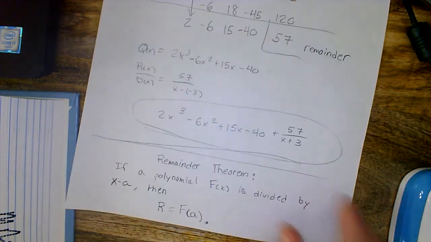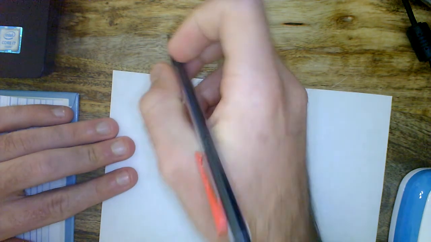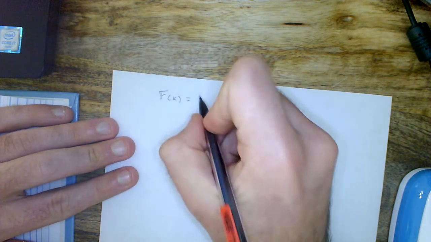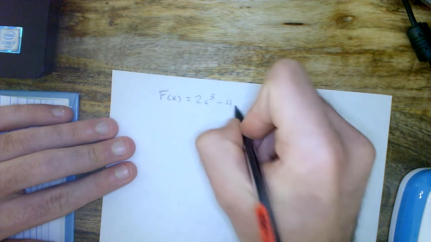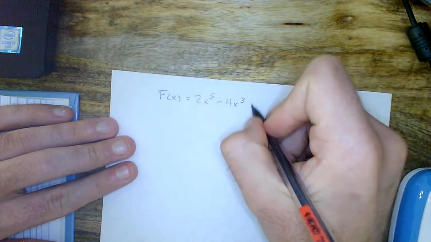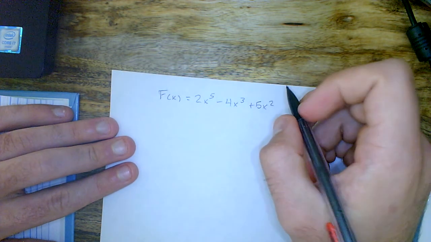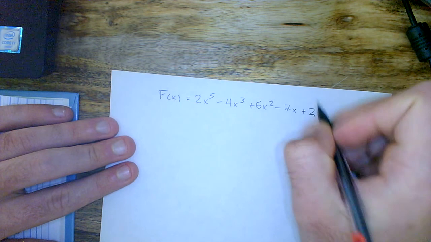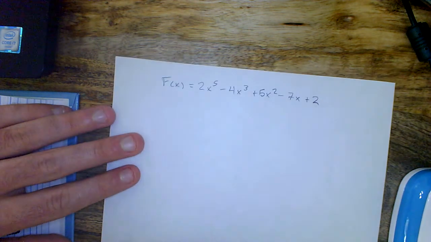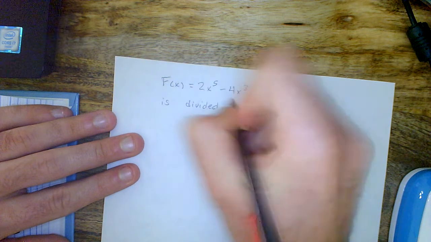Okay, so let's try using that. Let's try using this theorem, see what exactly I'm saying here. So let's say f of x is equal to 2x to the 5th minus 4x cubed plus 5x squared minus 7x plus 2. Okay, and it's divided by